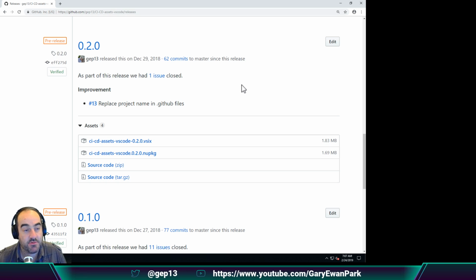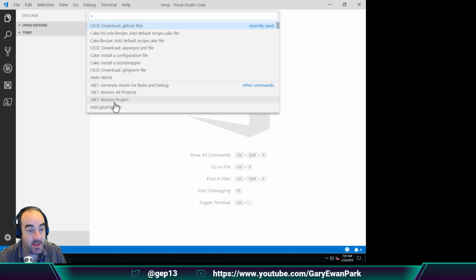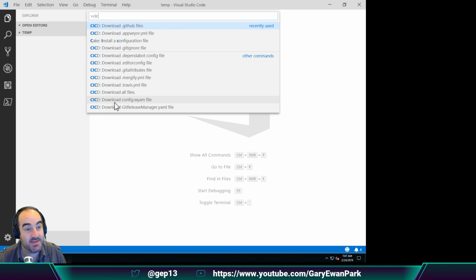In the 0.20 release of the CI/CD Assets Visual Studio Code extension, what we provided was the ability to add a project name when you are downloading the .github files from one of the commands. So if we go and have a look at what's going on there, go up to the command palette and just type in CI/CD,